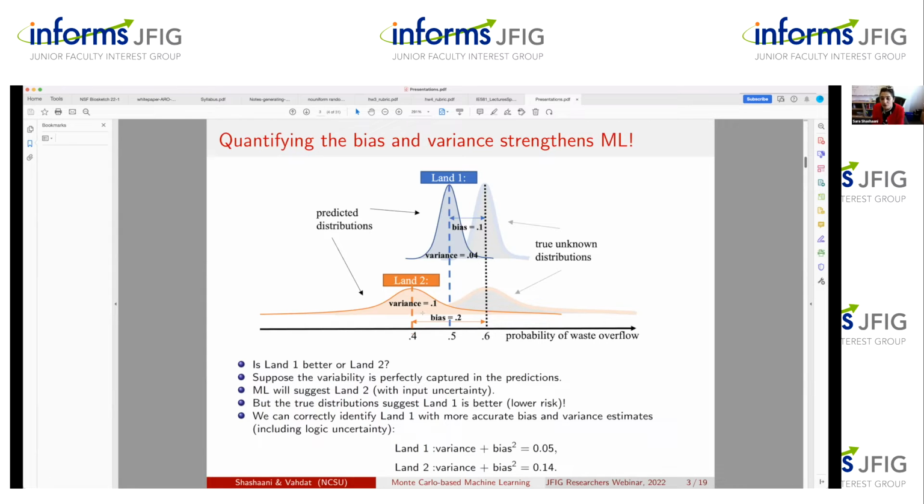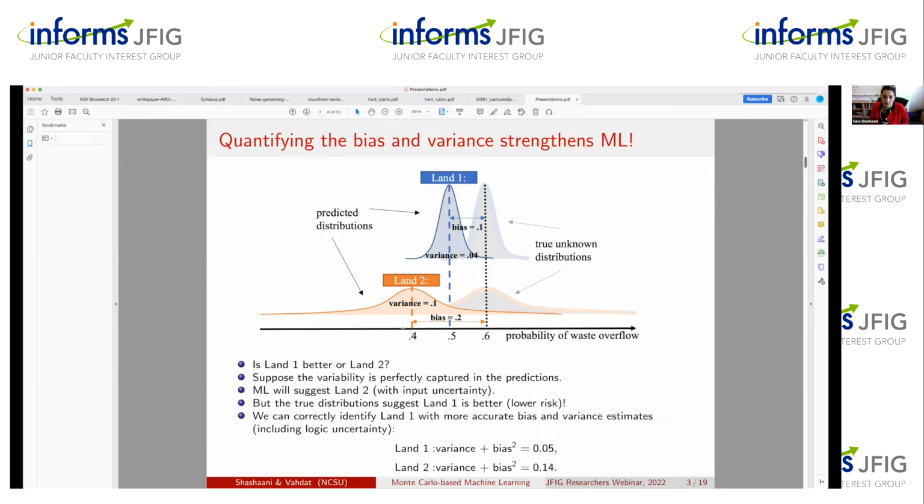And there's a lot of work also that has been done within machine learning about capturing the variability. So that's why I'm showing the variance of this predicted distribution to be very closely following the variance of the true distributions. But if I look at these distributions, as you see on the x-axis, the probability of waste overflow as a result of choosing land 2 would be predicted to be much lower. And even with that correct estimate of the variance,